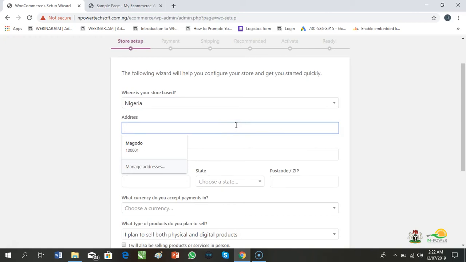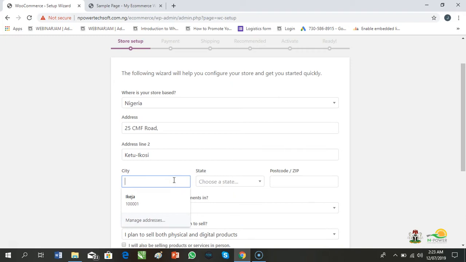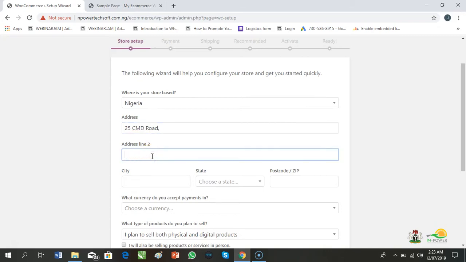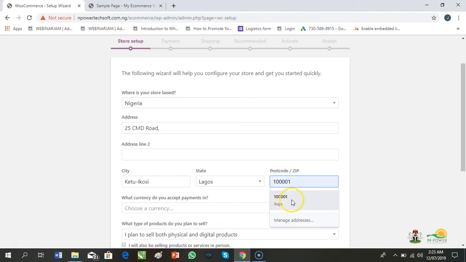So let's say your store address is at Magodo, let's say 25 CMD Road, and for city we have K2 Ikosi, and then we are choosing Lagos State. Whatever, this is for Ikeja.